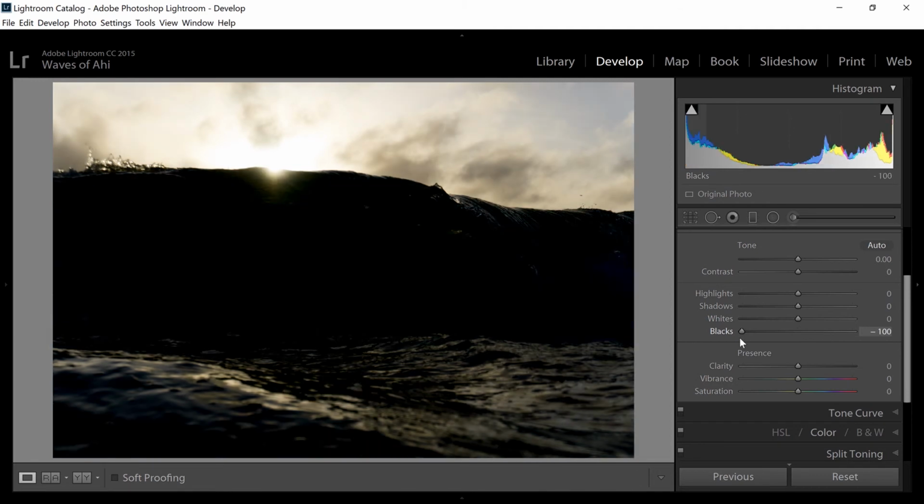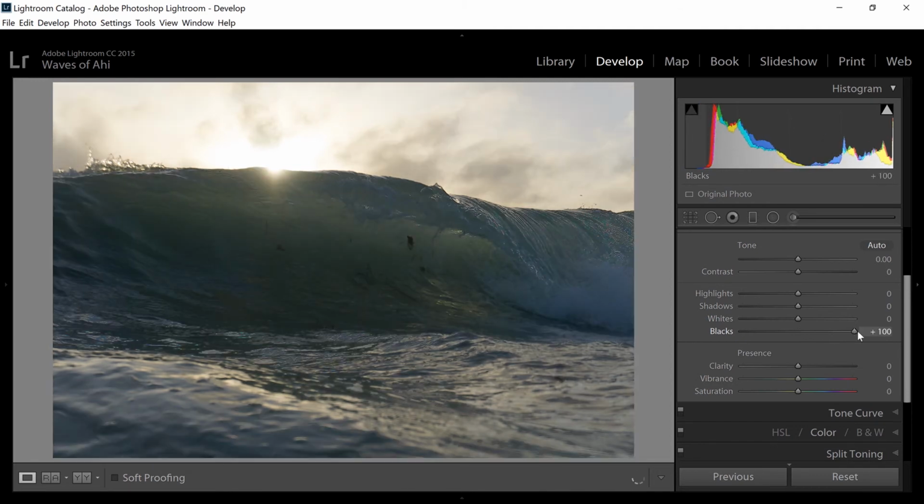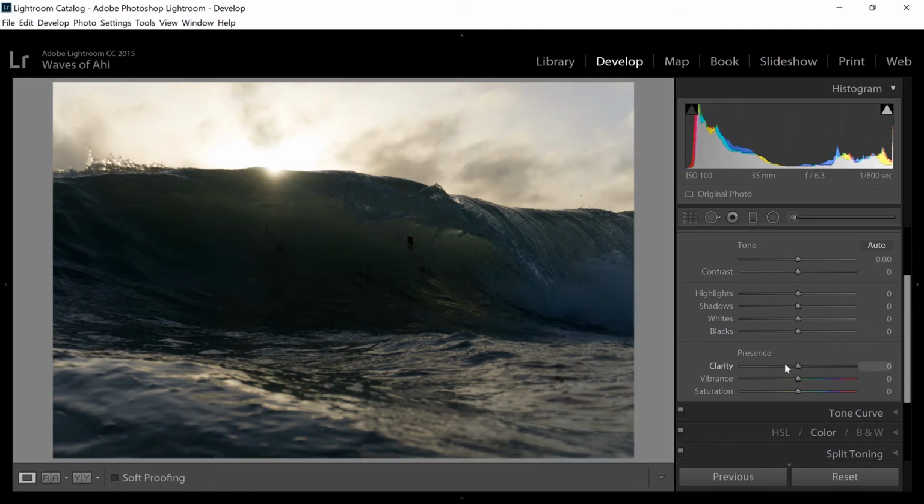And then the blacks brings down the blacks or brings in the detail into the blacks. Next is clarity. Basically works just like contrast, gives it a little more detail though. So let's go ahead and slide it down all the way to the very bottom. And as you can see, it's created a very dreamy look to the photo, and not as much popping or